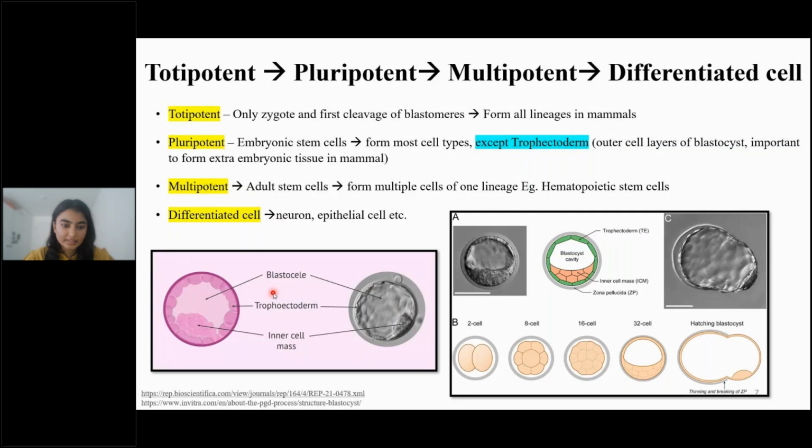So we have the blastocyst, right? You can literally see a cavity. And then we see a little blob here. It's called the inner cell mass. Now these are basically the cells which are the pluripotent stem cells. When we take out these cells, we can do all types of research on them. For example, we can do epigenetic studies and everything. So these are the cells where we are going to concentrate, the inner cell mass. And then we have the outer covering, right? The trophoectoderm. So it's the outer layer. So this covering is the trophoectoderm. And then this layer is basically the zona pellucida, the ZP, which basically protects the inner cells.